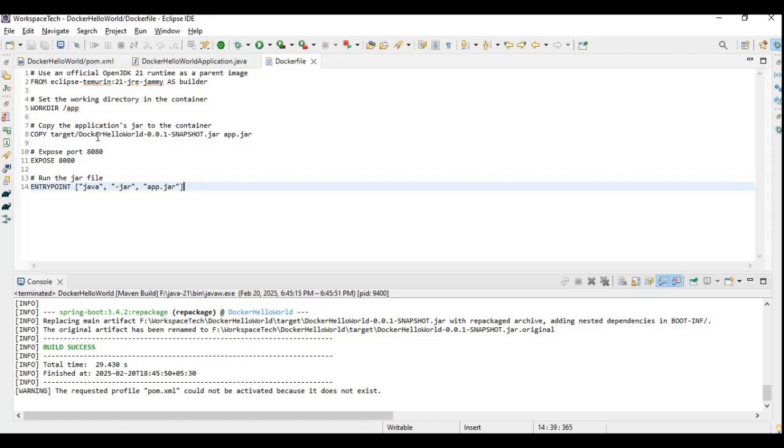Then we specified that our jar file created for our project will be copied to app.jar in the Docker container. Then we said that our application would be exposed on port 8080. Then we specified the entry point, the commands that Docker requires to run our application, right? So this is how you can write a Docker file, and you can see that in a few steps we deployed our application.